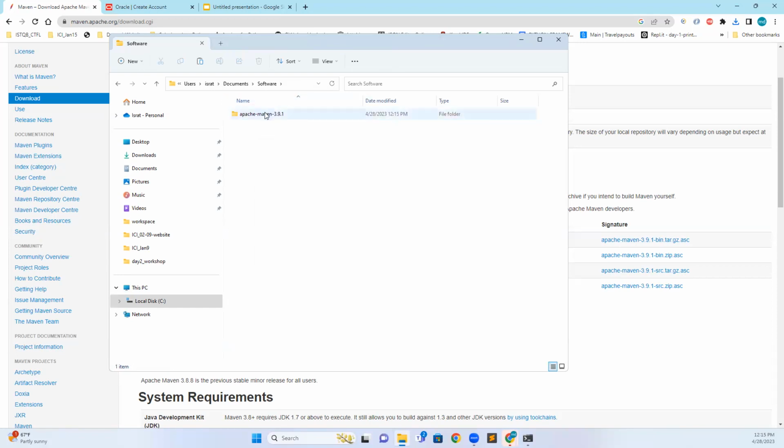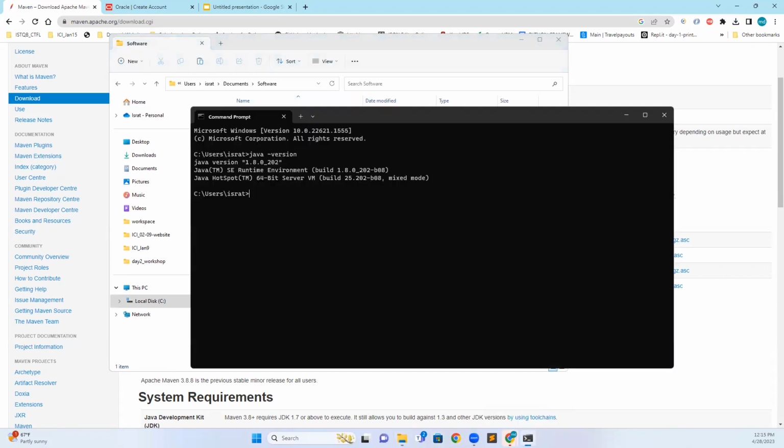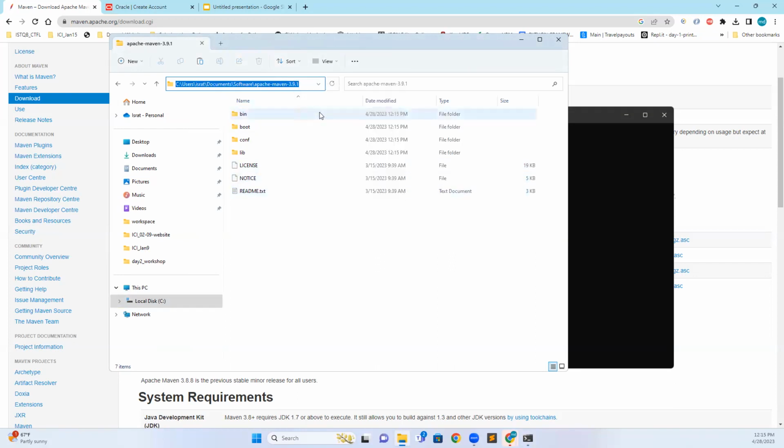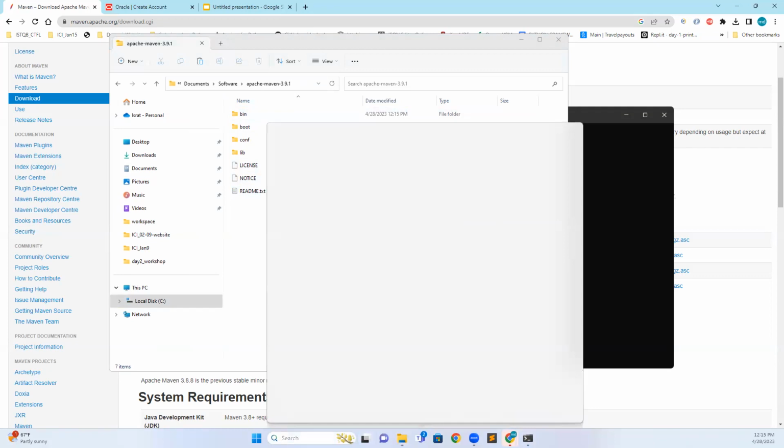Okay. So now I have to add this to the environment path as well. The reason is if I say mvn -version, you see it's 'mvn is not recognized as an internal or external command'. So I have to add this Maven to the environment path, in a similar way to what we did for Java. So I'm going to enter Maven and copy this path, then click edit